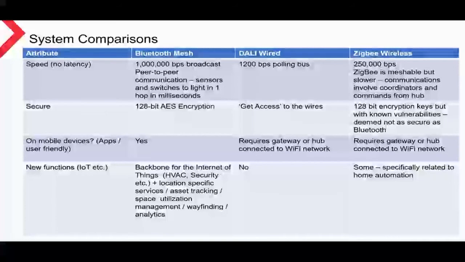The next item in our table is security. I would say this topic also fits under the umbrella of robustness, of course. But to hack a DALI system, you need to get access to the wires or hack the local area network. With Bluetooth and Zigbee, you need to get access to the wireless signal, then decrypt a 128-bit AES network key, something which has never been achieved through a brute force attack,